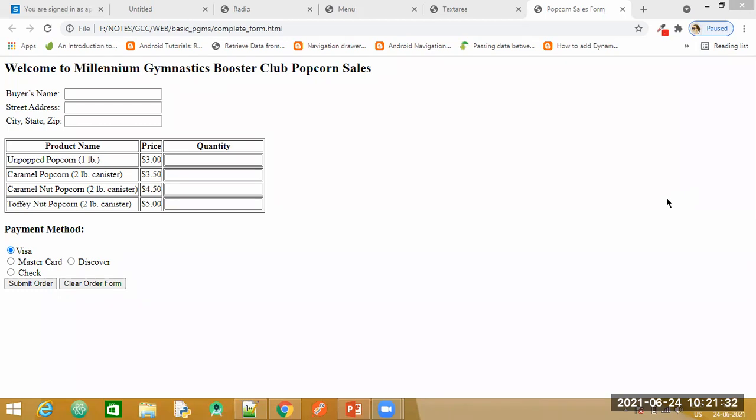Yes, ma'am. Can you please tell me which are the inputs? We make use of that bold tag. Bold tag, okay. For which property? Ma'am, "Welcome to Millennium Gymnastic Booster Club." Okay. What if you directly make use of the heading? You have heading tags also. Directly the head tag, ma'am. Yes, correct. Then